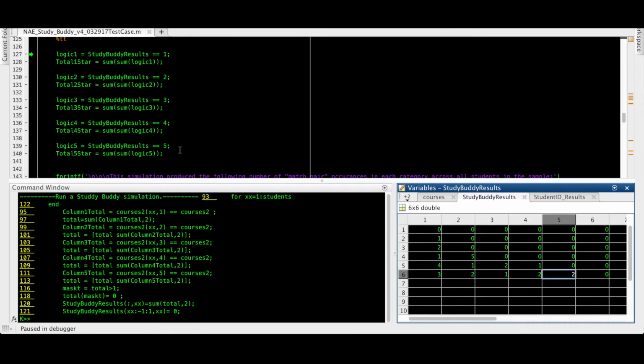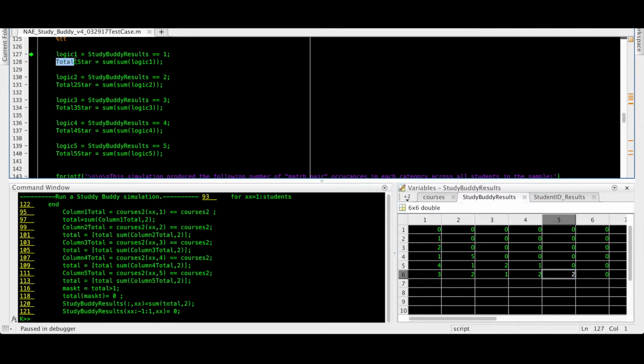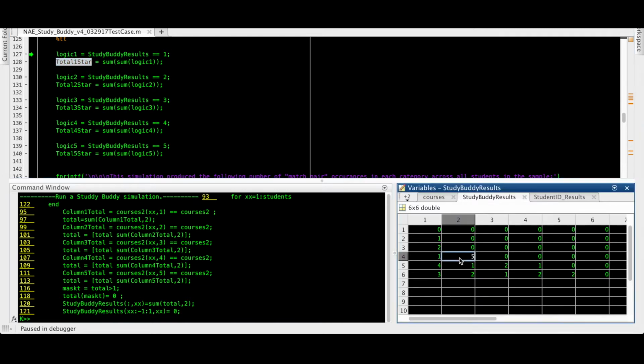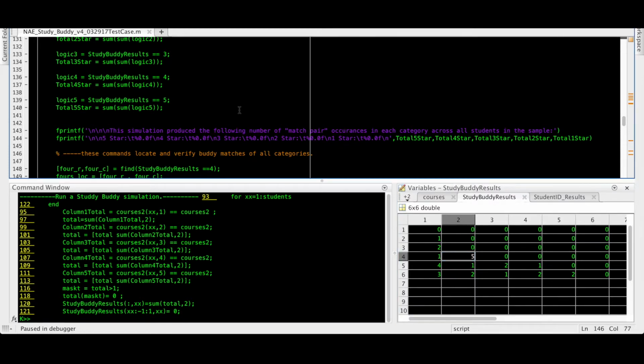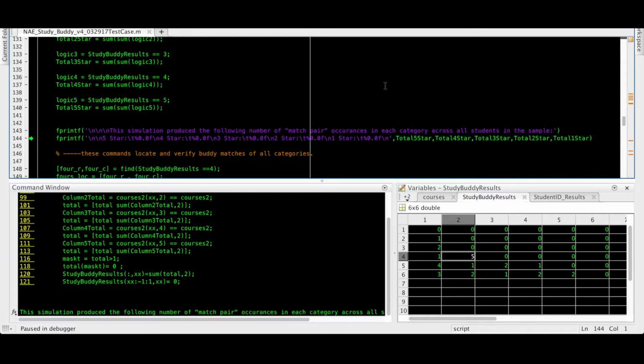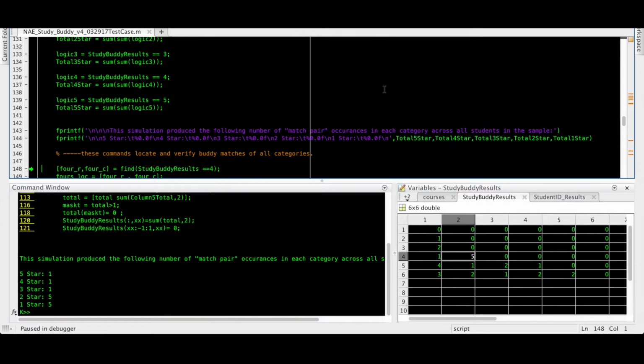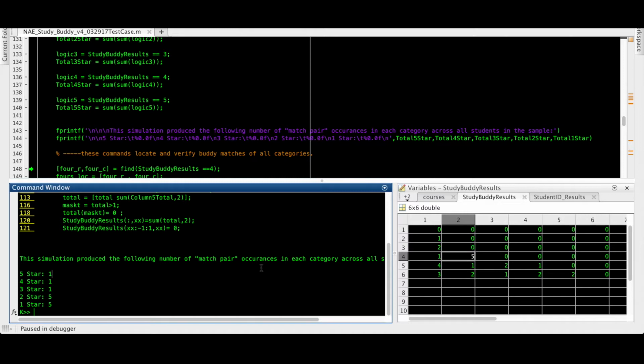This next portion of code is going to go through and count the total of each star category that there are in this results matrix. So we would expect that when it gets to 5, or when it's looking for all the 5s, it's only going to find 1. And those values are then going to be printed as the general results. So let's go through and execute those lines of code. And as you can see, it says there is only one 5-star match, as we expected.